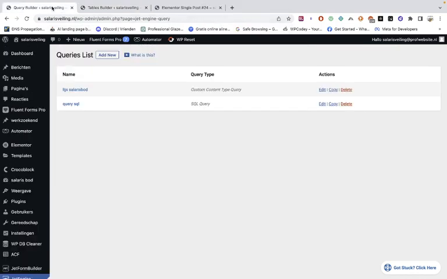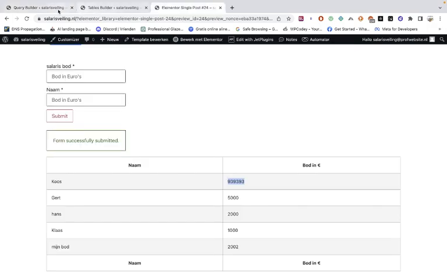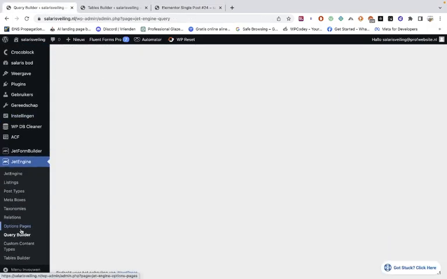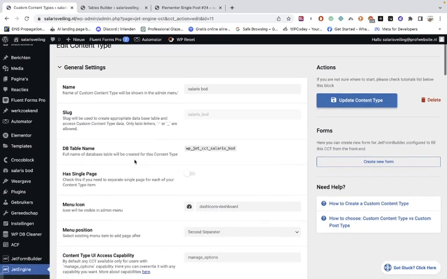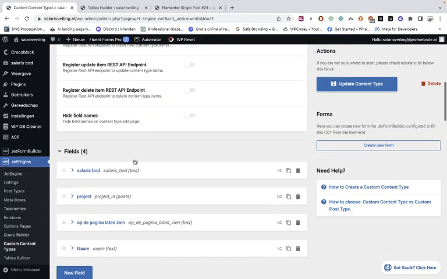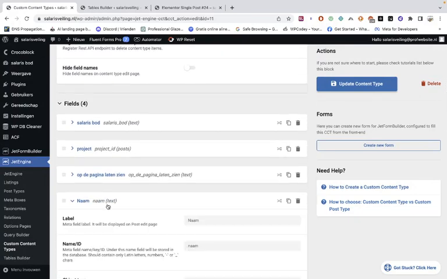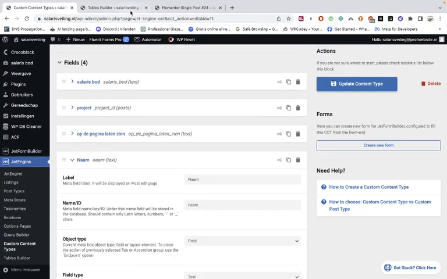And once again, we're going to the CCT, and then we are going to grab the data from here. Here it is. So this is one,